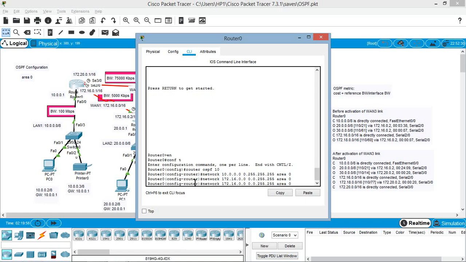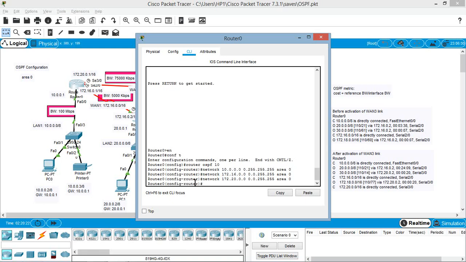I'm sorry, here the third network on this router is 172.20.0.0 instead of 172.18.0.0, so I'll correct it here. Again, this is a class B IP address, so the wildcard mask will remain the same, and the area number will also remain the same. Now the OSPF commands are configured on this router 0.